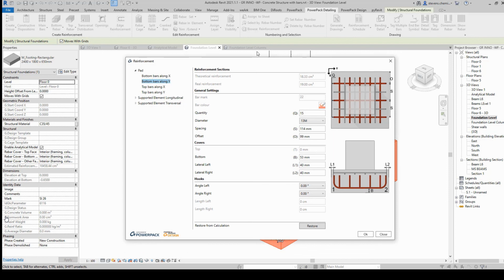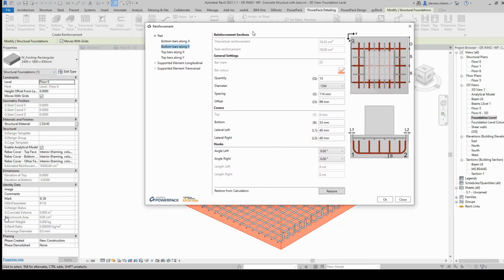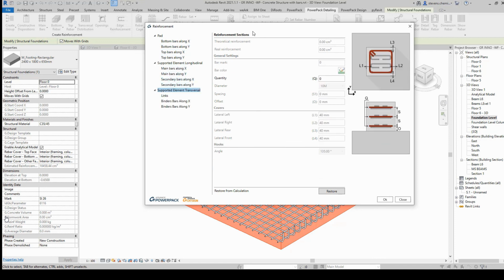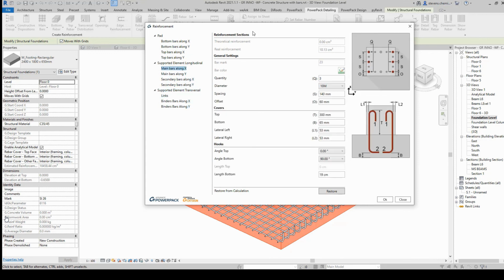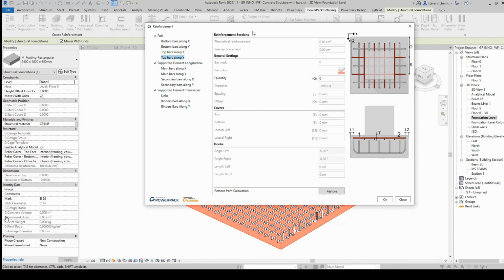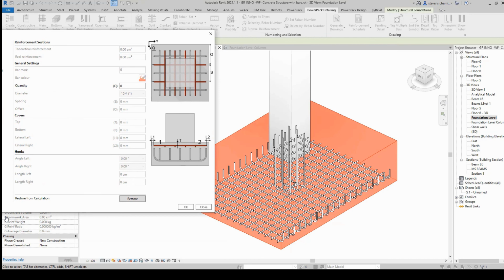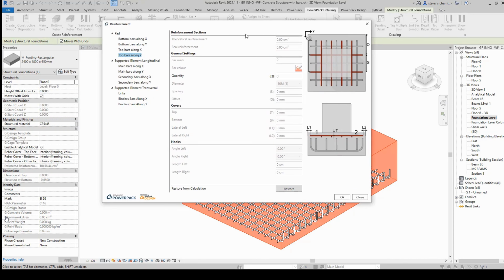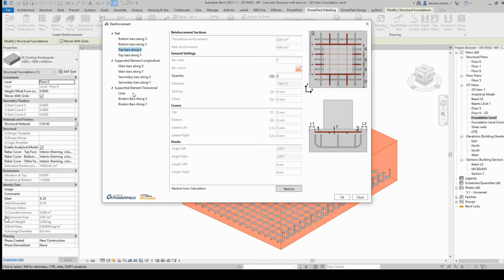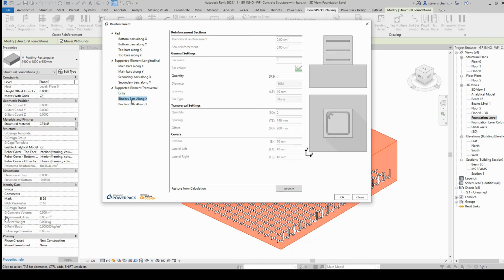How can I modify the rebar cage on a footing? I can do it manually with Revit native options, but we have here, you see, a parametric dialog box. It's our main bar command. The main bar command is a kind of wizard we developed to generate a rebar cage for a structural element based on some graphic constructive dispositions.